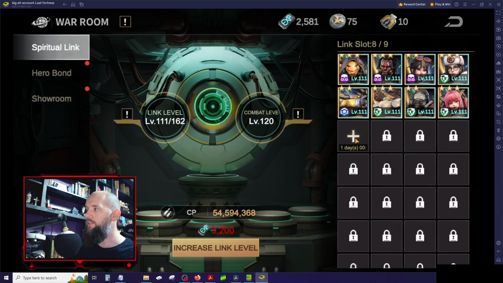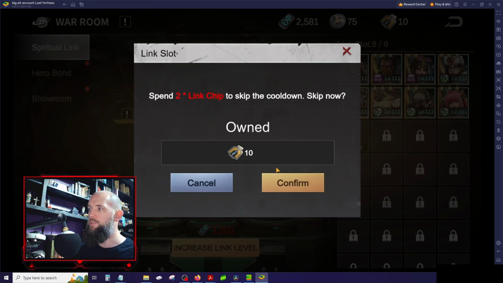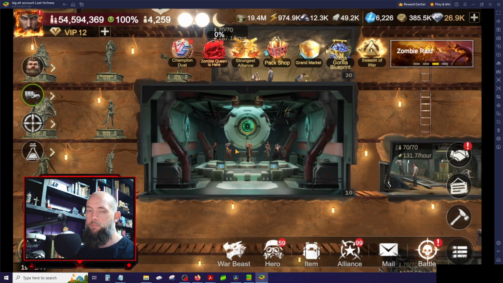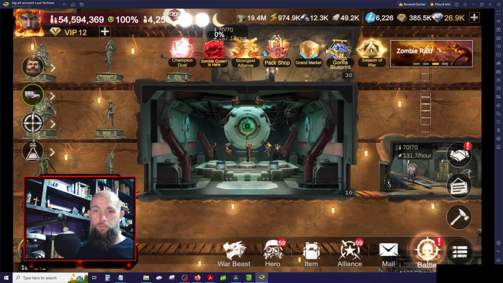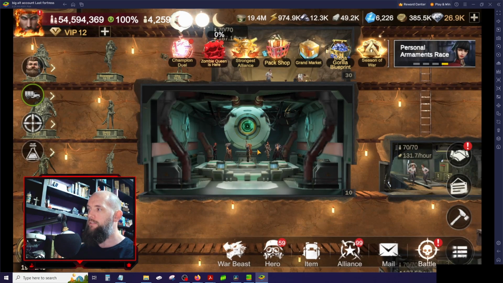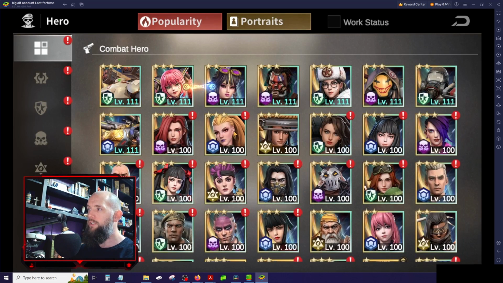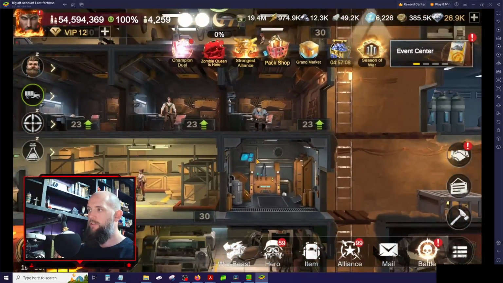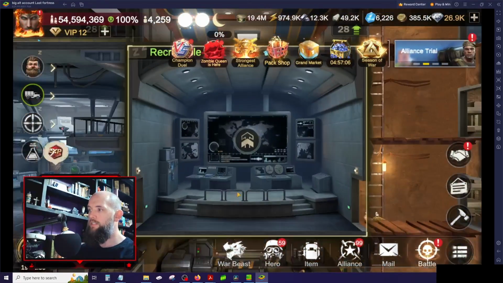She's still level 100. I have this available. I would have to wait a day, but I got the chips. So yes, I got my spot available again. This is going to be good for the people that are mimicking this action to get the resources back. So now I'm going to come up. You can take a look at my Laurel here, level 100 still, even though she's out of the link because she's a leader hero. And I'm going to go up to the nexus and reset her